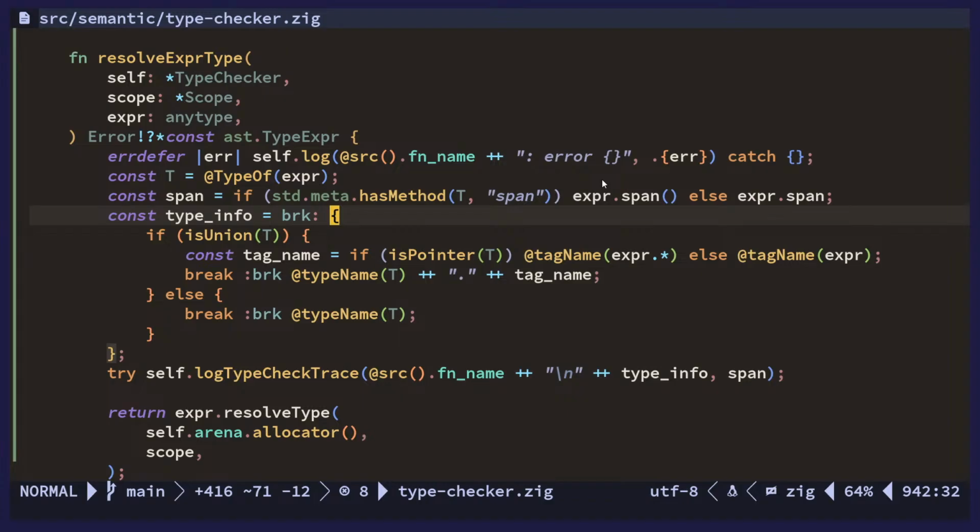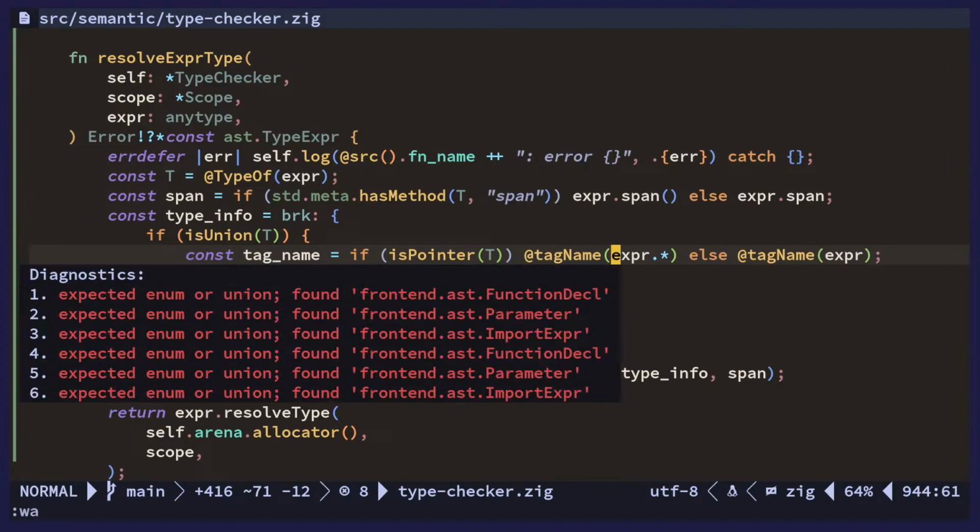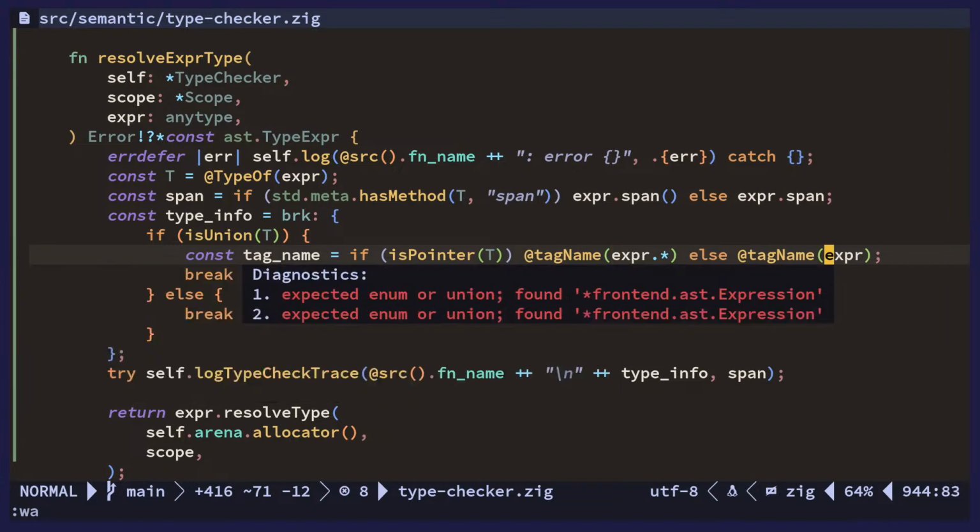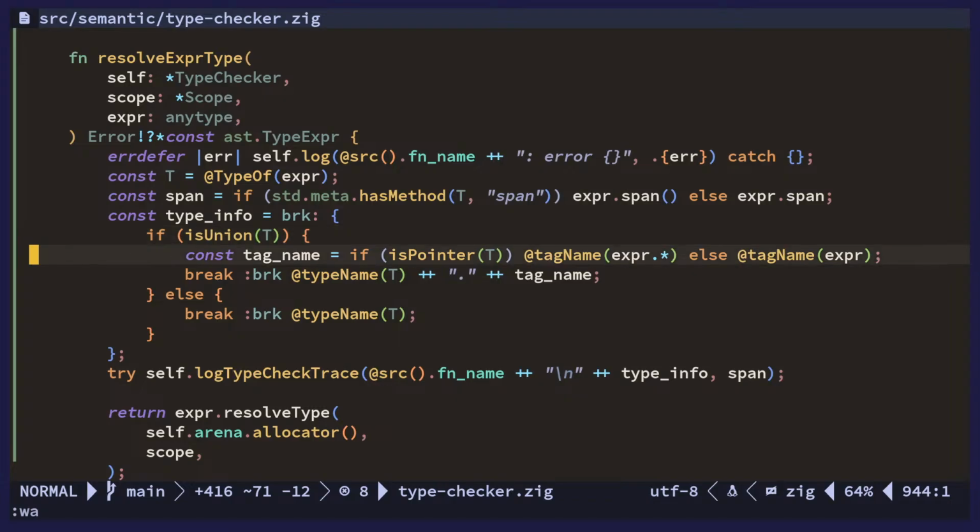How can we fix this? Yeah, I can't think straight right now. Let's see. What is going on? Is union